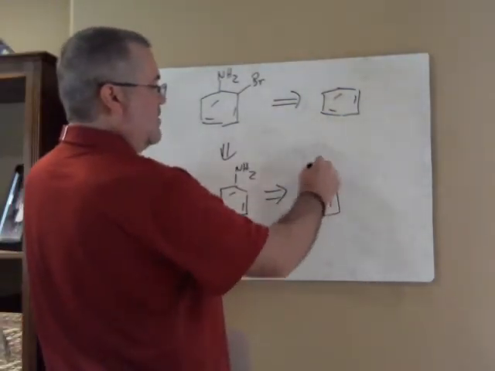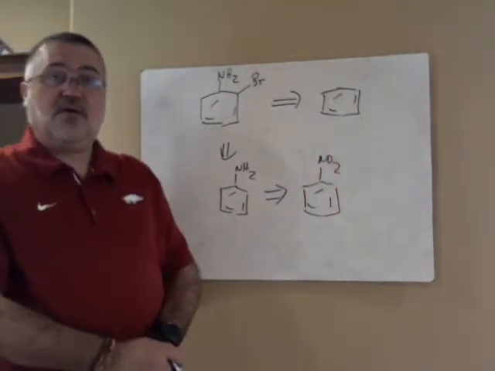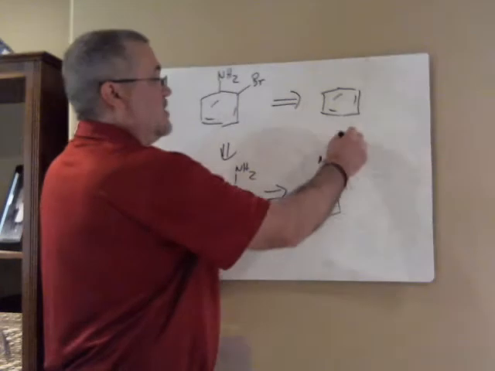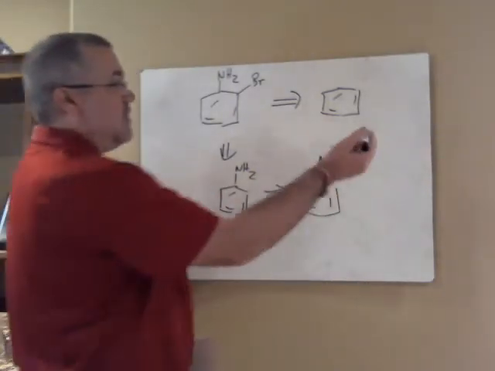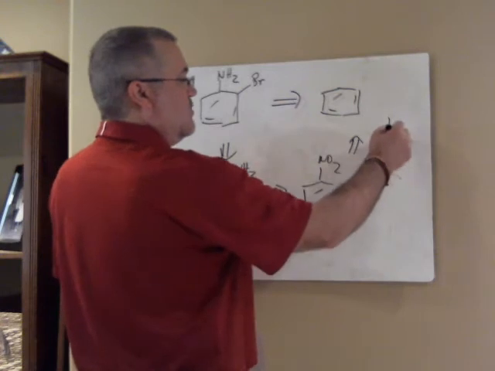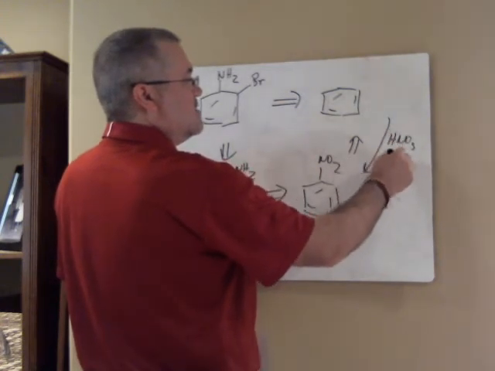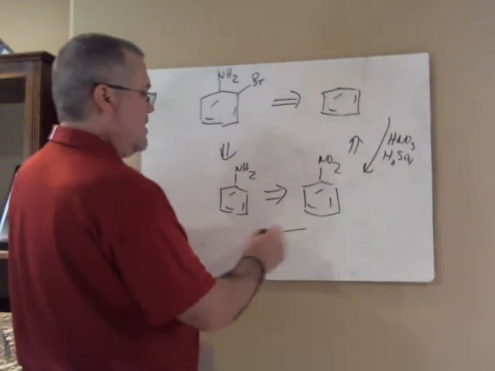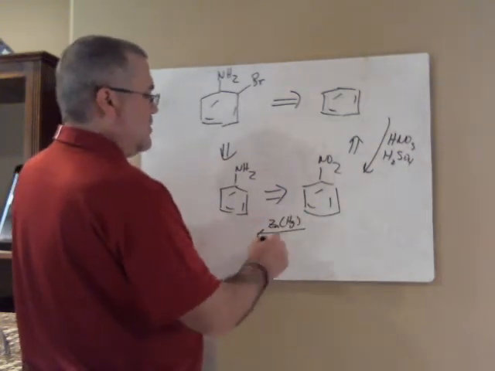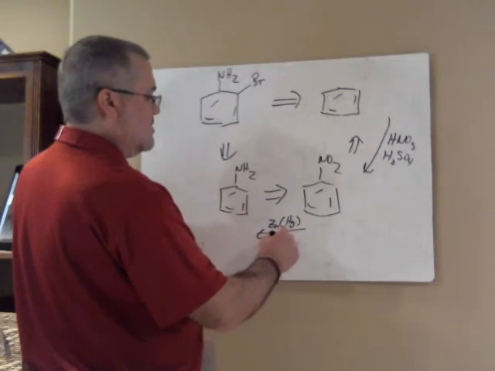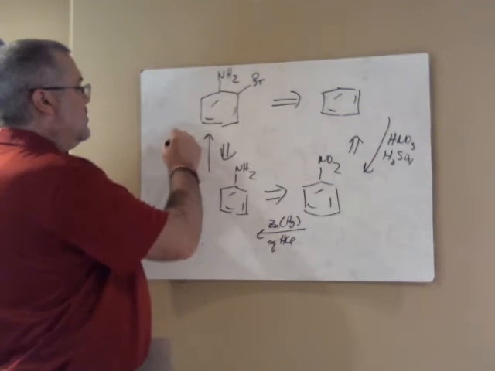By synthetic utility, I have to make it from the nitrobenzene, which again goes back to my benzene ring. So what would the reaction be here in the forward direction? Nitration, right? And then the zinc mercury amalgam, which is the Clemmensen, and aqueous HCl. That gives me this, which I can then